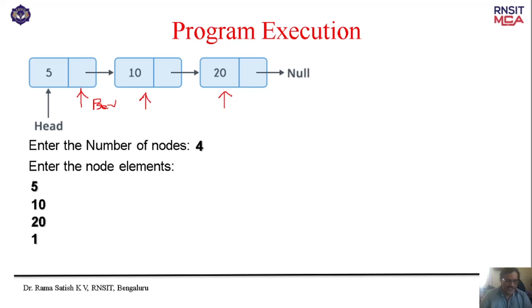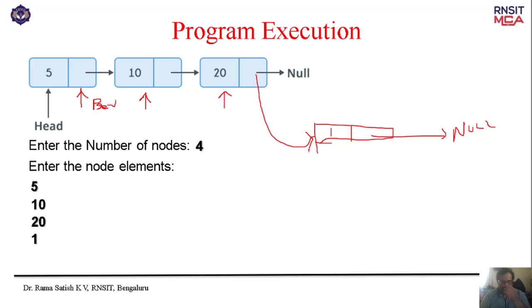Now next is 1. Next data, next node is 1. So what happens? The data 1 is created, and of course data is read as 1. Now it is moved on to null. So this pointer is moving to null. You can see null. Once it is moved on to null, previous of next is equal to p. So what happens? This is moved on to this.